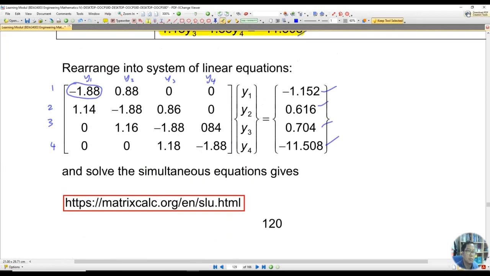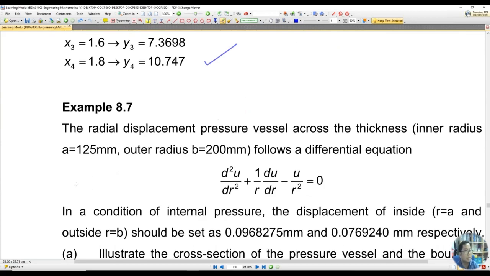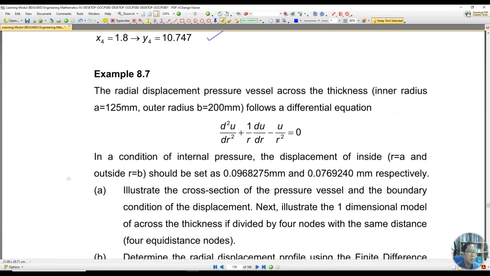Any question you might ask me during tutorial class. Then we'll proceed to example 8.7. Example 8.7 is about a radial displacement pressure vessel across